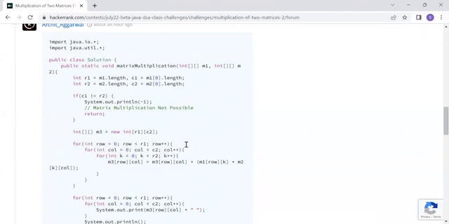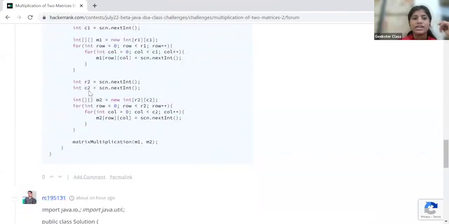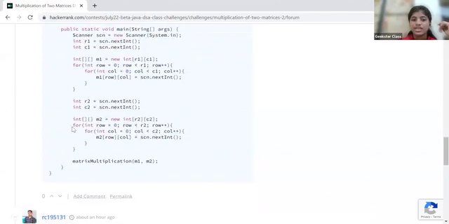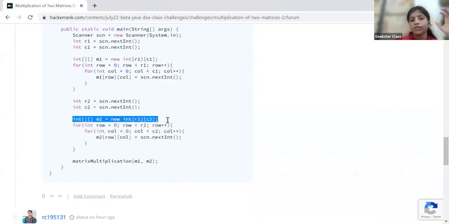M3 equals new int[R1][C2]. अरे ये तो इनिशियलाइज कर रहे हैं, मैट्रिक्स बनाओगे तो पहले मैट्रिक्स बनाना तो पड़ेगा। यहाँ इनपुट इस तरीके से लिया जाता है, ये वाला जो फॉर्मेट है ये इनपुट ले रहा है, मतलब कि जो जो वैल्यूज हमें कीबोर्ड से मिल रही है उसको एक एक करके आप इस रो कॉलम वैल्यू पे असाइन कर दो। ये मतलब है कि आप मैट्रिक्स को सिर्फ फॉर्म कर रहे हो।